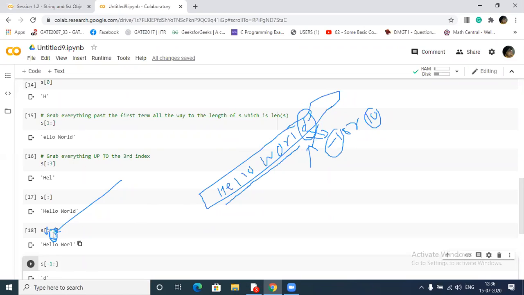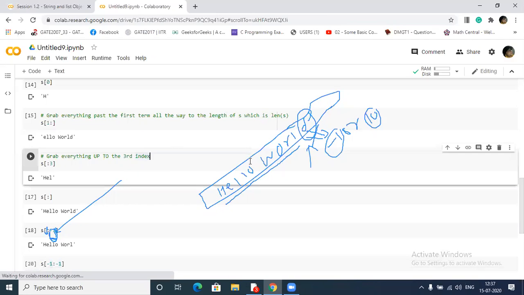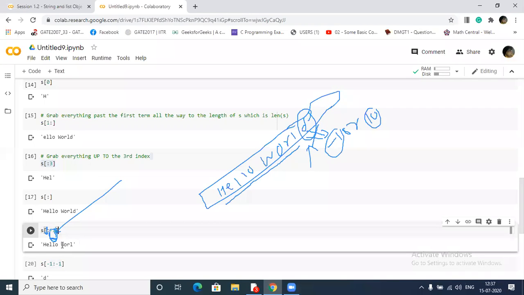Okay, and why is it placing a gap here? Hello gap world, so that gap is also taken, na? Yeah, I already told you the gap is also counted as a character. Noted, na? Okay. Why does this print the entire string? Because it tells you start from first, and this index you can say either -1 or 10.